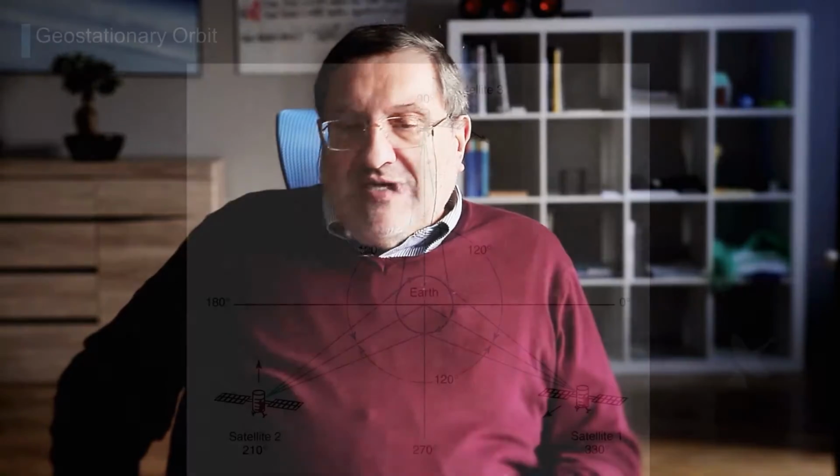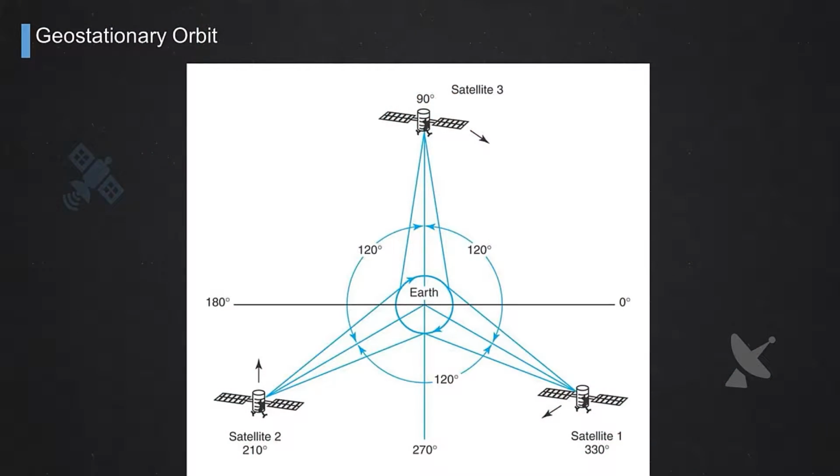So depending on the orbit, the same antenna will have a different coverage in terms of degrees over the Earth. Let's look at the geostationary orbit, which is very important. The geostationary orbit, as we said, is a circular orbit. The radius of the orbit is in the order of 36,000 kilometers, counted from the surface of the Earth. So in fact, from the center of the Earth it is around 42,000 kilometers. You have to add the radius of the Earth.